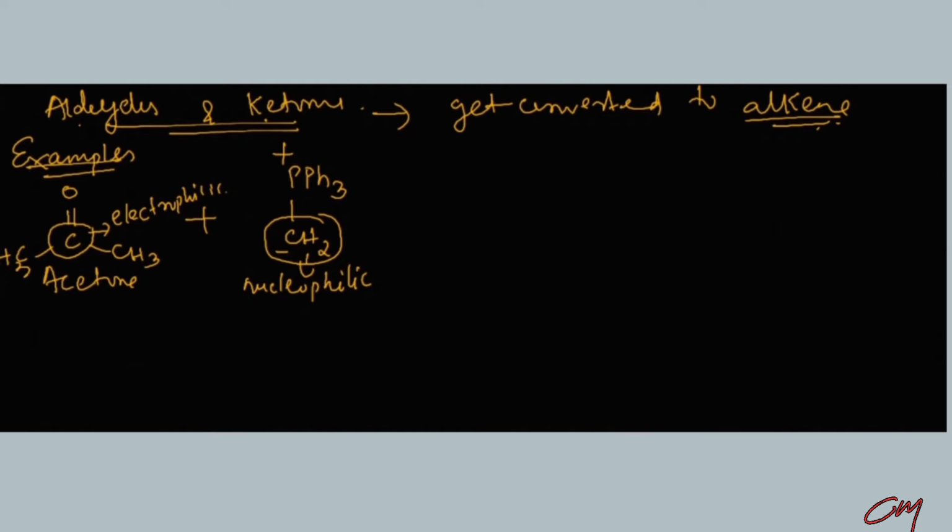This negative charge, this carbon has extra electrons. So this carbon gives its electrons to this carbon and this pi bond breaks and electrons go up and this oxygen becomes negatively charged, and the product that we get is O minus